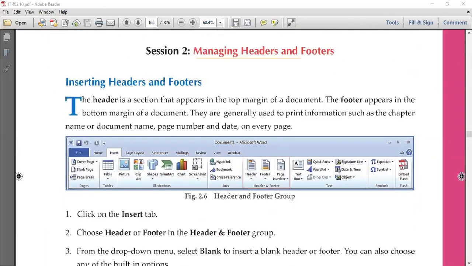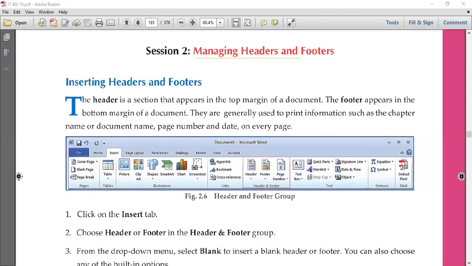Now coming to the next session, it is how do we manage headers and footers. Now headers and footers, what are they basically? Header is a section that appears on the top margin of a document. It always comes on the top margin. Top margin is the place from where we start typing, और उस margin typing से और edge of the page के बीच में जो distance है, in between that distance headers can be added. And similarly footers, which comes at the bottom margin, the margin area from the edge of the page to the text where we type, वहाँ पे हम footer लगा सकते हैं,